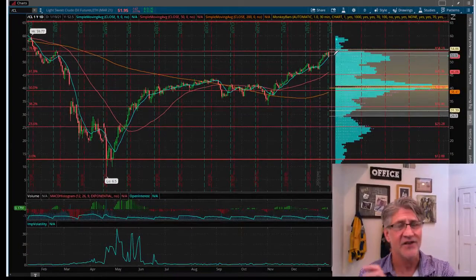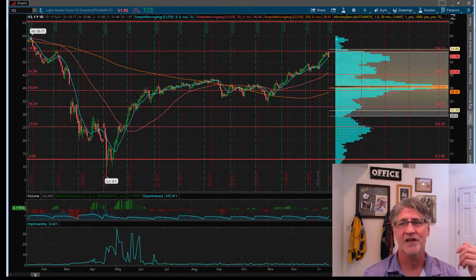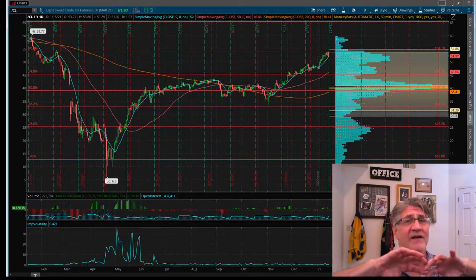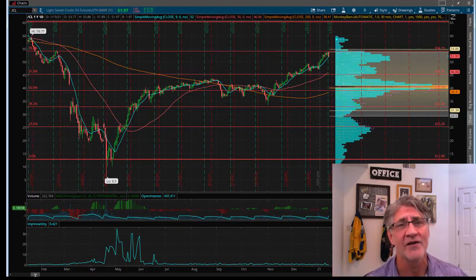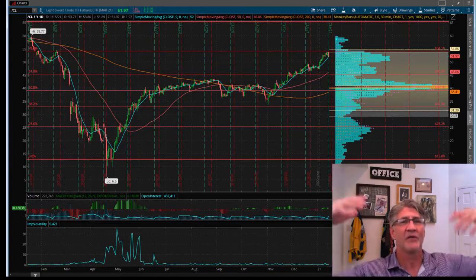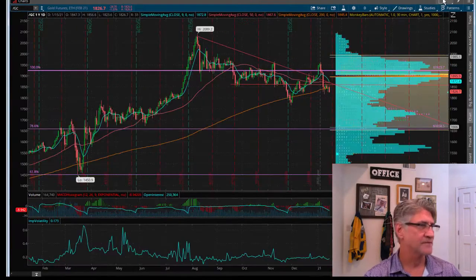Probably because they're seeing the economic data isn't as good as what we were originally expecting. So the market is probably starting to come off because there is going to be that lack of demand. And listen, we already talked about it. Yes, there was a drawdown in crude oil, but it just went into different buckets. And if it just fills up different buckets, that means there is no demand for the product.